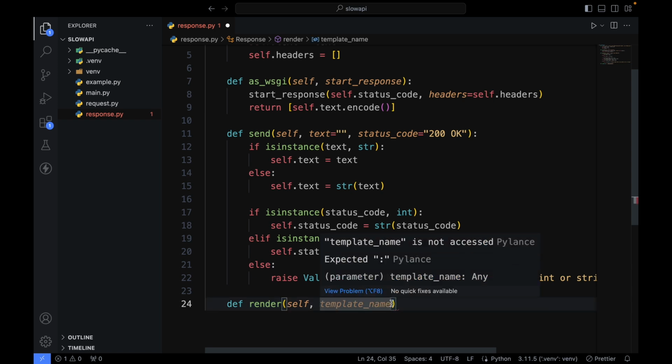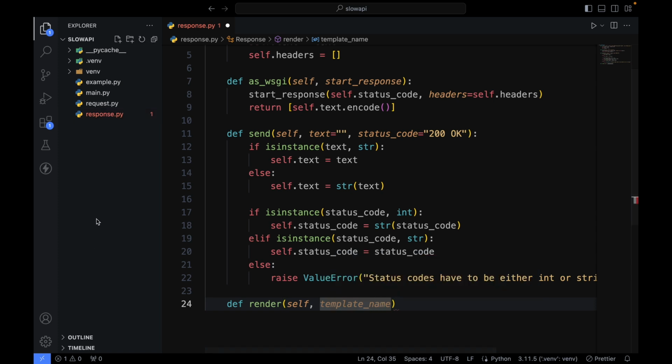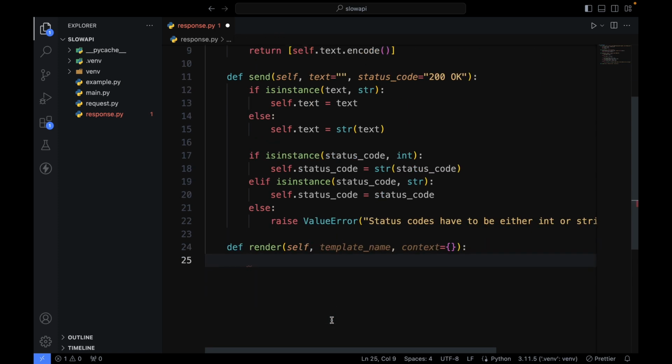and they can simply mention the template file name as XYZ, and we'll automatically add .html to the end of it. And we'll assume that they're talking about the current working directory. Then we can also ask for the context, if any, and by default, we are only going to have an empty dictionary. We'll understand what context means in just a bit, but first, let's just try to open this template